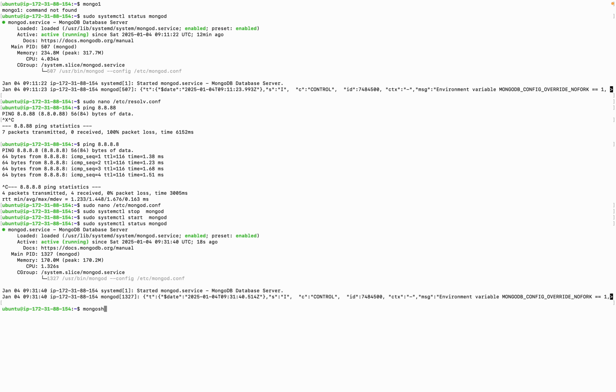When you connect using mongosh, it will not connect, because it will use the localhost, but you have omitted the localhost and used the private IP of the system. You have to use the IP of the server here. So mongosh